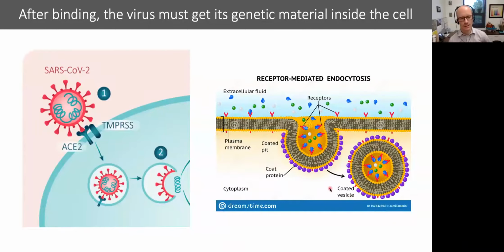Now, normally, everything would get processed and chopped up into little bits, and then the bits would get recycled for use inside the cell. SARS-CoV-2, however, co-opts this pathway to get its genetic material inside the cell, or inside the cytoplasm. So when SARS-CoV-2 binds to ACE2, that can subsequently trigger endocytosis, so it gets brought into the cell and encapsulated by an endosome. And inside the endosome, when the pH is lowered and those proteases begin chopping up the proteins, instead of destroying the entire virus, that actually triggers the virus to inject its genetic material inside the cytoplasm.